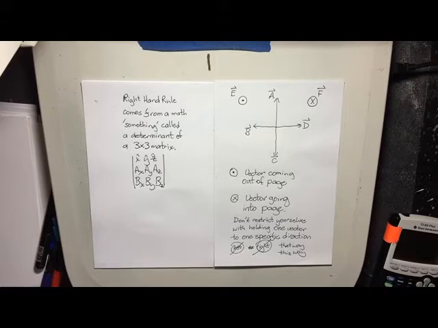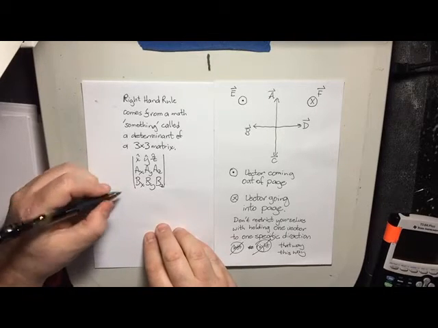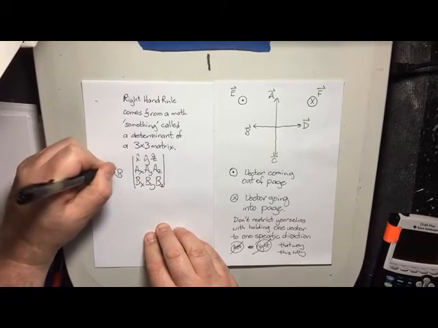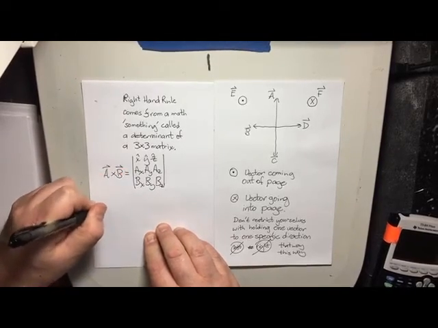You don't have to use this. Now, this is how it was introduced to me: they talked for about 15-20 minutes about how to take a determinant, and everybody's minds were just fried, or you use your right hand. So with the right hand rule, you could either do this, or